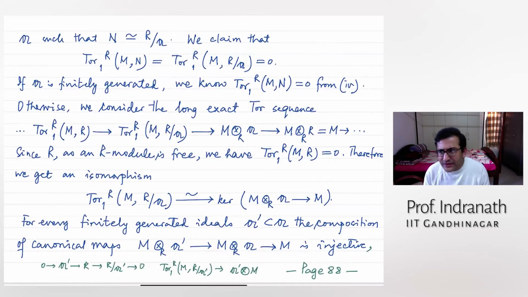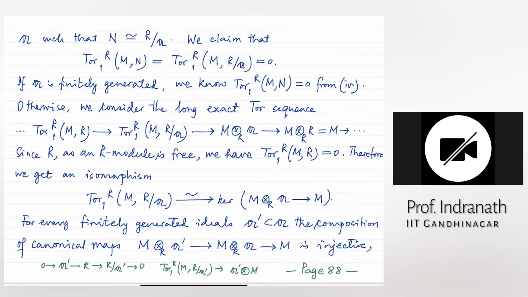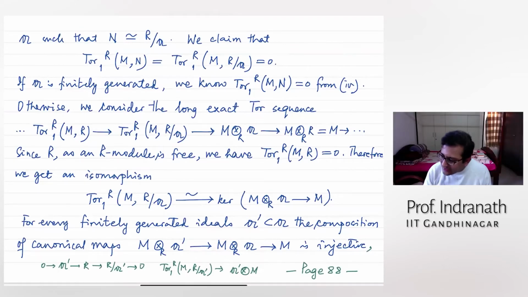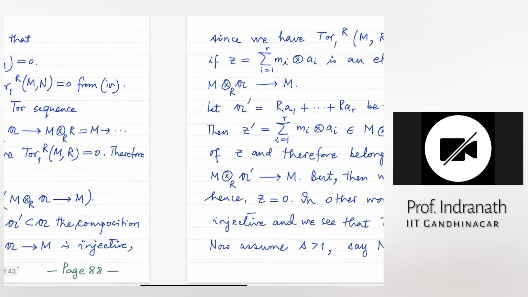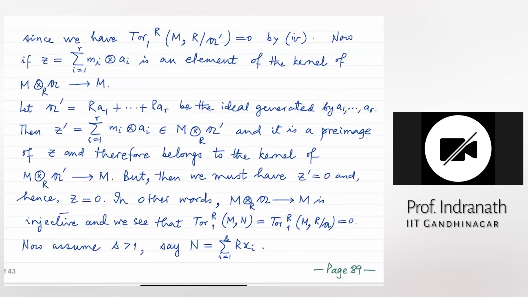This argument is correct, what you have said. Like every element of this can be written as a finite sum of Mi tensor Ais. So absolutely. So basically what we need to do, let me now take you to the next slide, you will understand. So basically, this is being used as Sampath has correctly said.